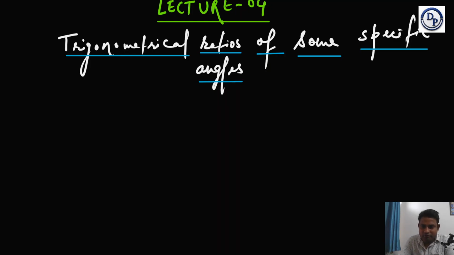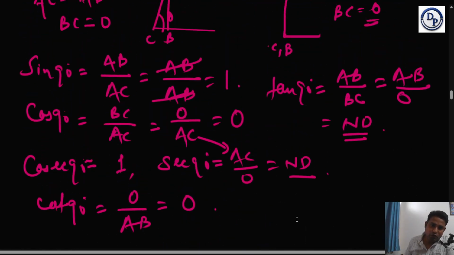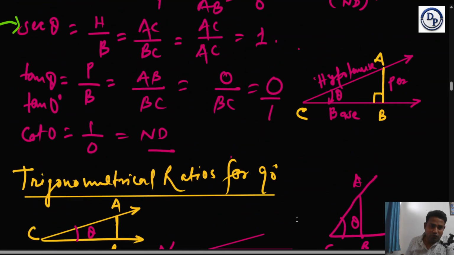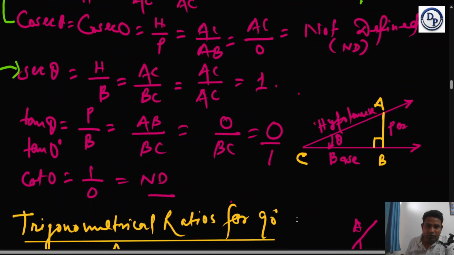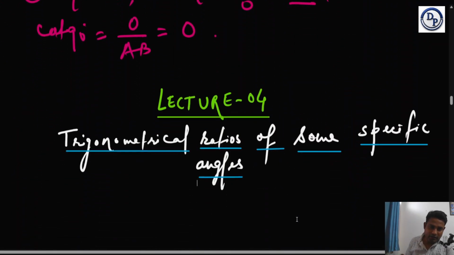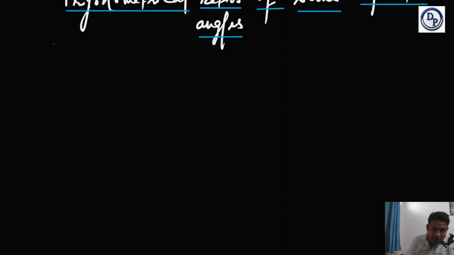Hello everyone. In the previous lecture, we learned about the trigonometrical ratios of some specific angles, especially 0 degree and 90 degree. In lecture 3, you can see here, we dealt up to cot 90. Now it's time to learn about other angles like